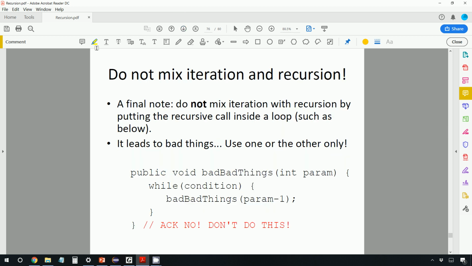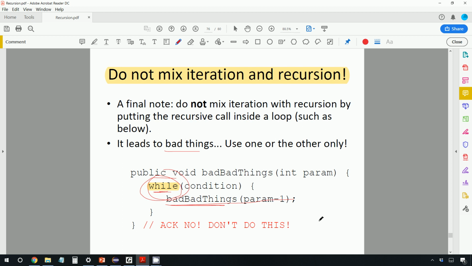One last note about iteration and recursion. In general, we do not mix them. So usually if you are mixing iteration and recursion, it is a mistake. So a common error that I see is a recursive method, and instead of putting an if, sometimes people will put a while here. That is very bad. So instead of some if condition telling you when to stop the recursion, sometimes people accidentally put a while loop and then have a recursive call in there, and this leads to